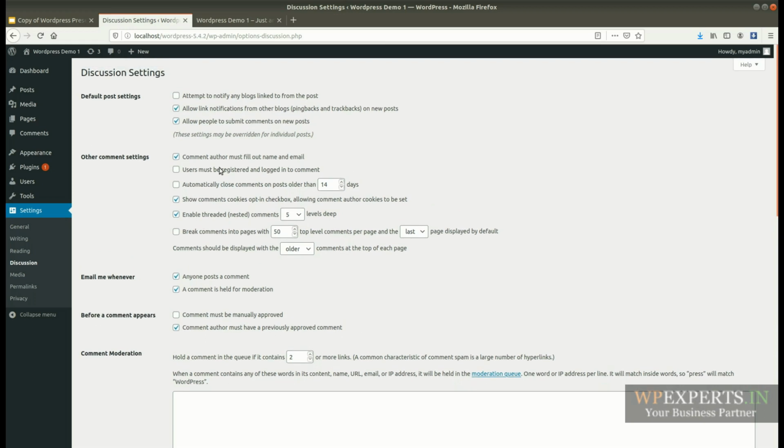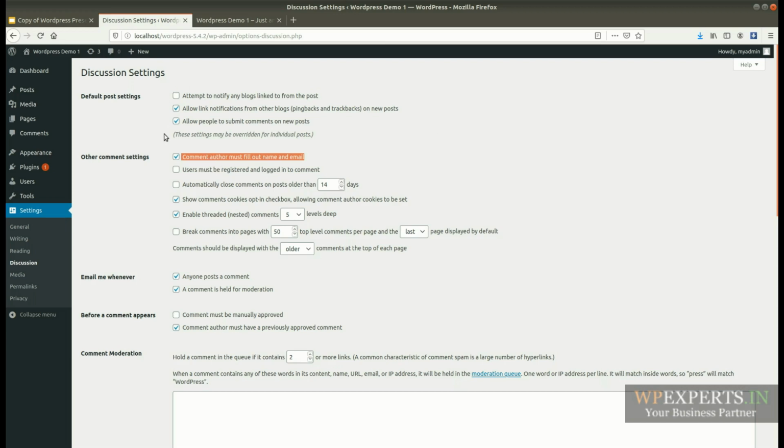These are the settings you can manage as per your requirement. Comment author must fill out name and email, so you can check this if you are going to enable comments for your blog posts.